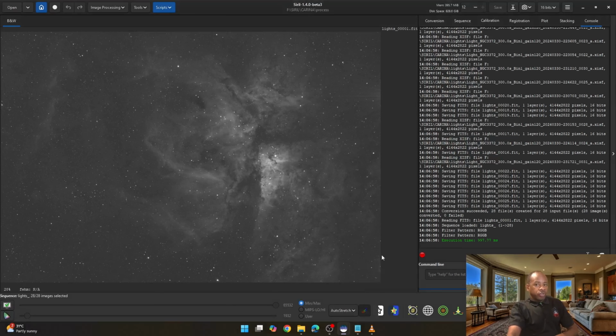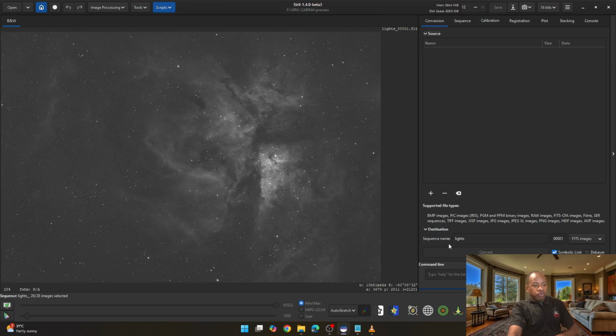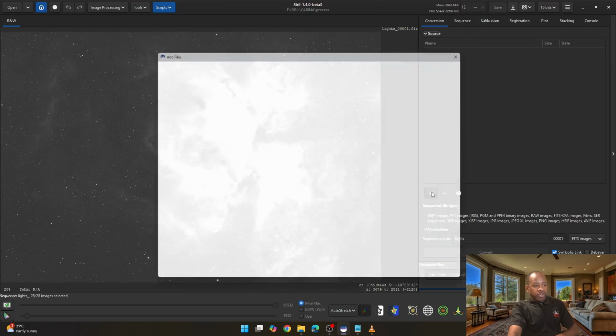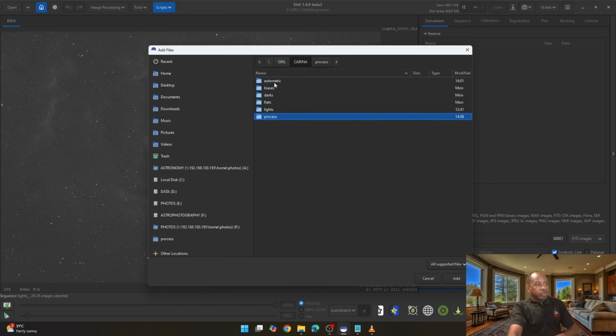We want to continue doing the same, now instead of the lights, with the calibration frames. So we're going to do it with the darks, the biases or dark flats, and the flat frames. So again, we go through the same process. We click on conversion, and this time we're just going to clear this out to remove all of the light frames. We're done with them for now. So remove that. We click on the plus sign, we go back out one, and this time we're going to choose